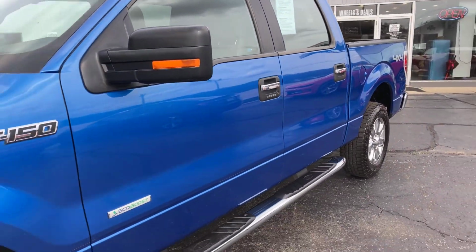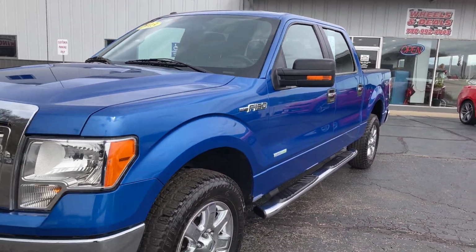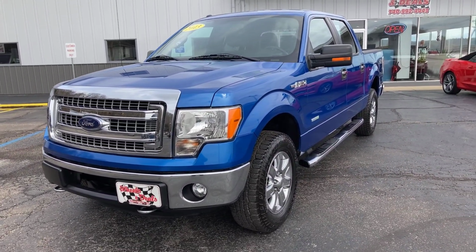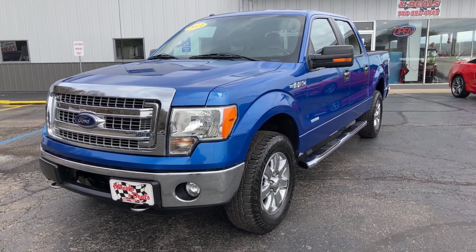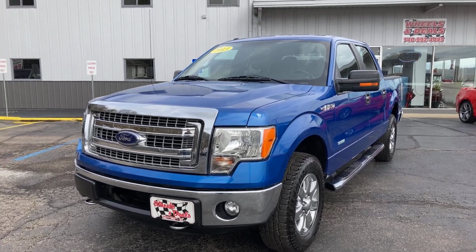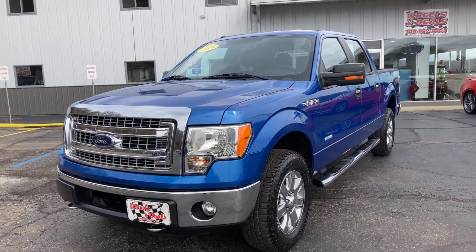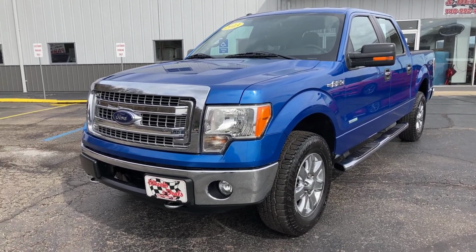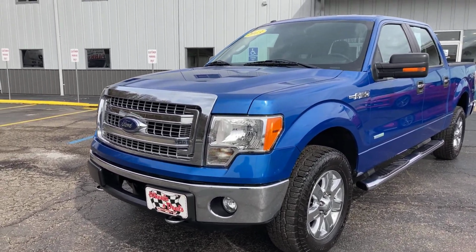So that's it, ladies and gentlemen. That is the newest addition to our family, 2013 Ford F-150 XLT trim package, 3.5 liter V6 engine, Ecoboost, which means it's turbocharged, so it's going to give you a little get up and go in your pep. We've got a lot of lenders ready to lend money on this, so just feel free to give us a